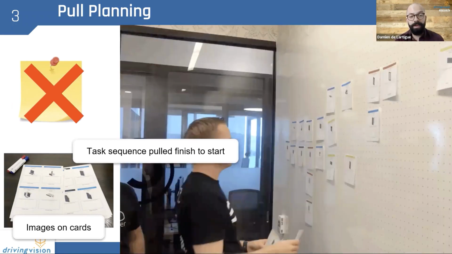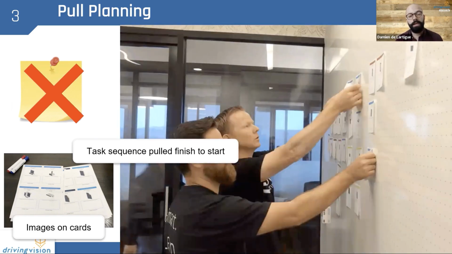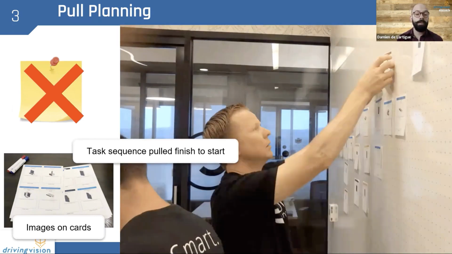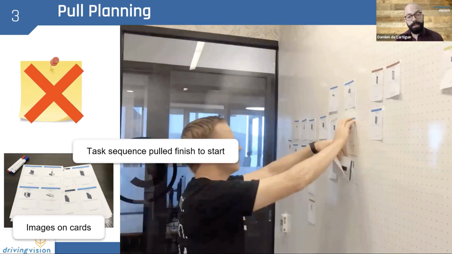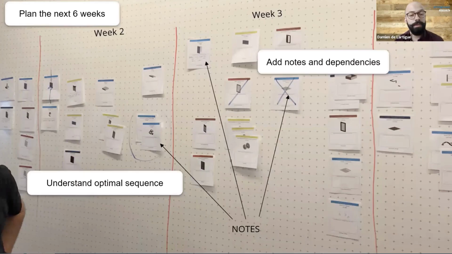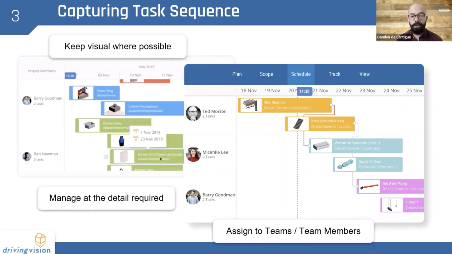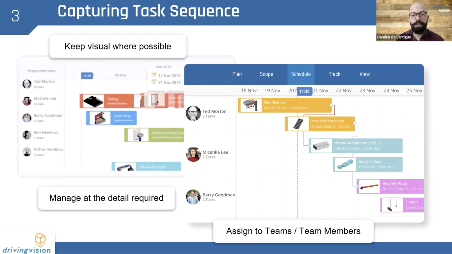So one of the key benefits we've seen of implementing this is the sticky note. That's not really just a sticky note. It's actually having a printed card with the exact image of the element. And that helps people to visualize and understand what it is, and it helps them with the sequencing around those things. And that usually results in a 6-week look ahead that we can understand the dependencies and also understand the optimum sequence. And then we can take that to capture those in a visual way, so that we can start to identify where the critical dependencies lie,